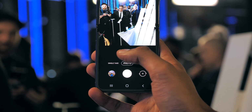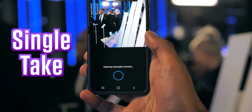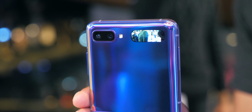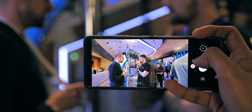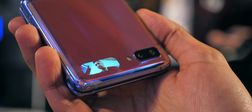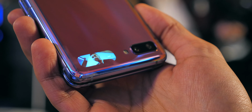It does carry some of the new software features though, like Single Take, which I love as a concept. If you press one button, the phone takes a whole load of photos and videos for you, so you can sit back and actually just enjoy the moment. The phone still has an ultra-wide camera too, which is a good call, and the nature of it being a flip phone means that you can use that ultra-wide camera for ultra-wide selfies, but there's a few more things that